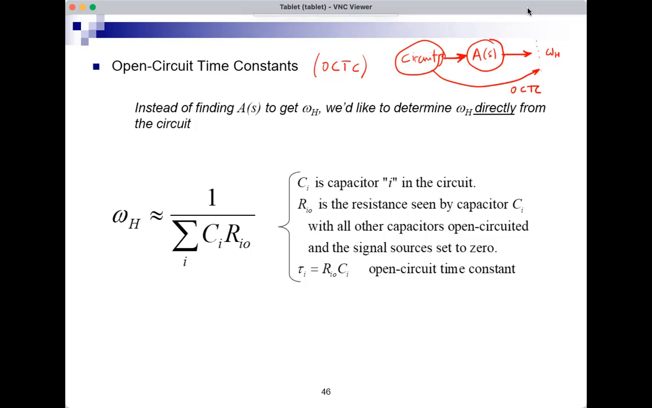So I need to go over the capacitors, find the resistance seen by each capacitor, and then multiply this resistance by the capacitance, and take the summation of all of these products. 1 over the summation is omega h. It's kind of like a magical thing, but we can easily derive it from the transfer function. All right, so what is this